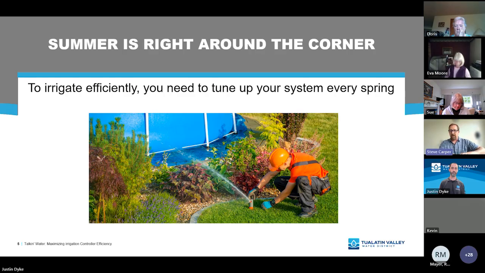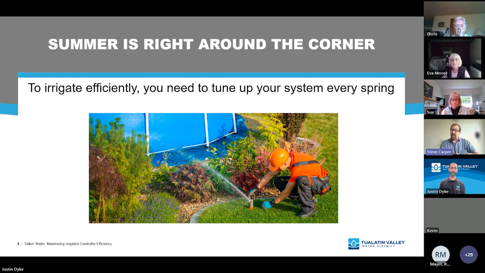And then when you pressurize your system, you always want to open up that isolation valve near the point of connection, basically where the irrigation system is connecting to the main water supply to the house. You always want to open that up nice and slow at the first part of spring, so you don't shock the rest of the irrigation system with the sometimes high pressure. So open that up nice and slow. You can usually hear that happening. And once that sound of the rushing water stops,